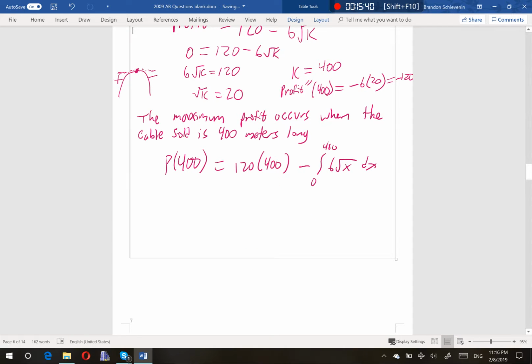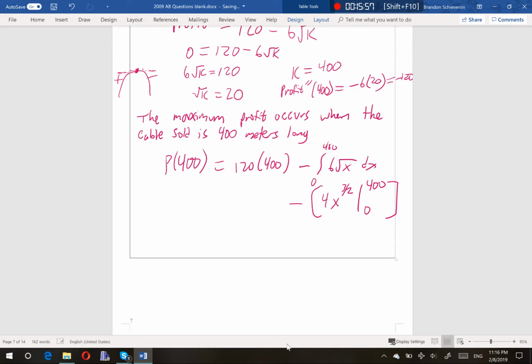So I'll do that here. This is 4x to the 3/2 power from 0 to 400. And I'm going to subtract all of that from 120 times 400,